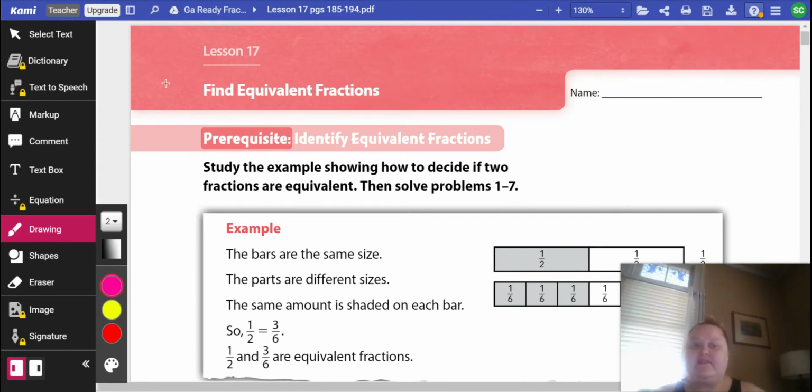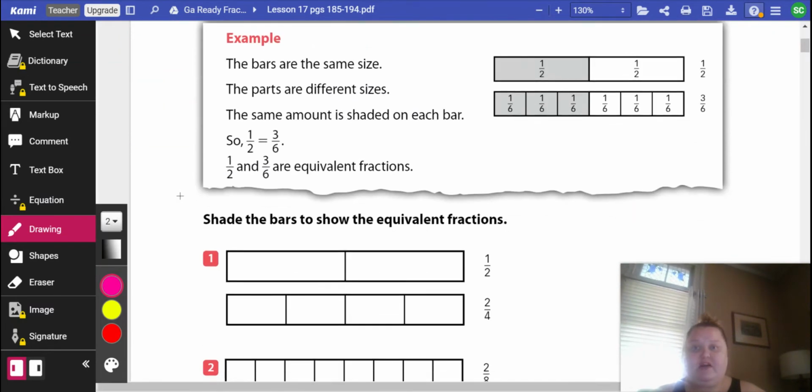Which is on lesson 17 about finding equivalent fractions. So, if we look at our example, it shows us these two bars are the same size, but the parts are different sizes, but the same amount is shaded on each bar. So you've got 1/2 shaded here and 3/6 shaded here, and that shows us that 1/2 and 3/6 are equivalent